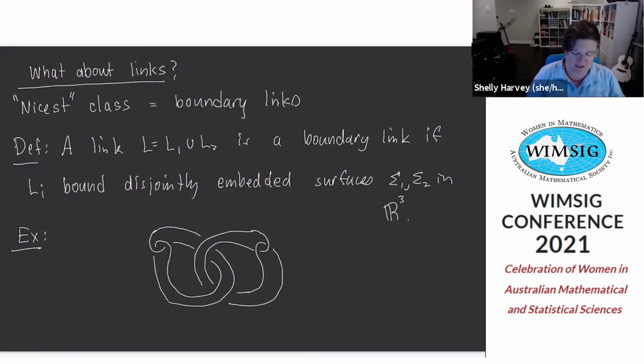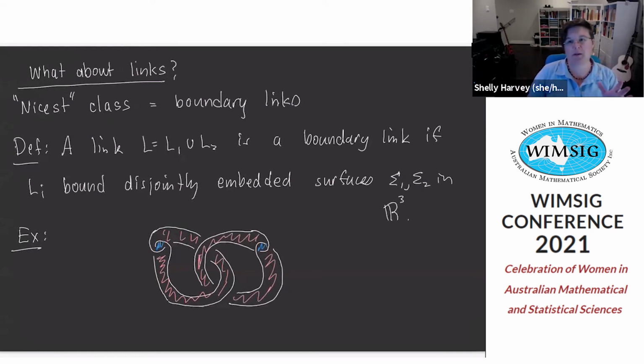Well, the nicest class of links are called boundary links because they look like a knot. It just means that a boundary link is one where each component bounds a disjointly embedded surface. So here's an example of a boundary link. When you flip it over, you get this. Okay, and boundary links are nice because now you have Seifert surfaces, and so now I